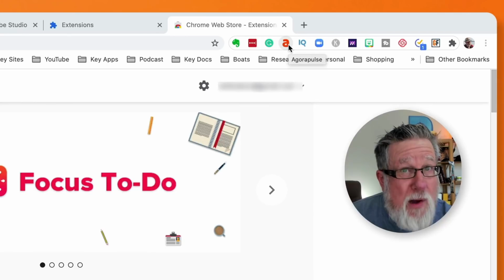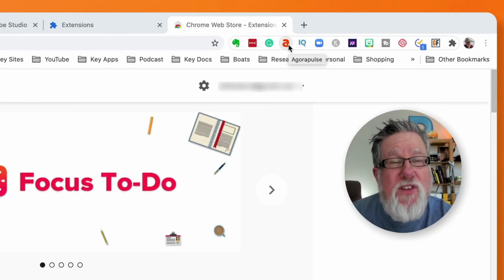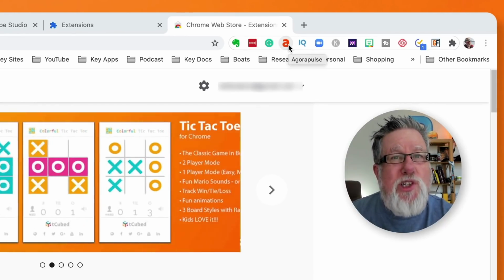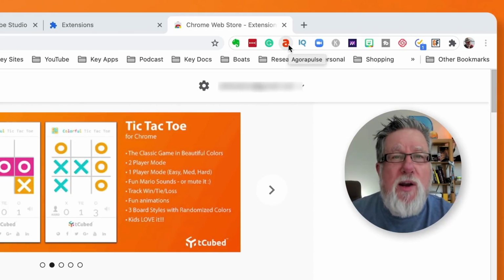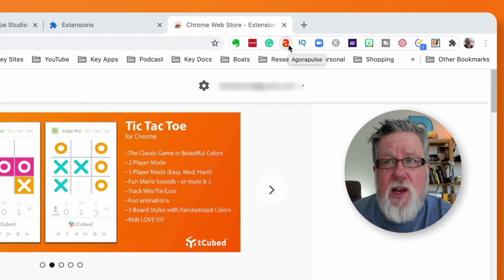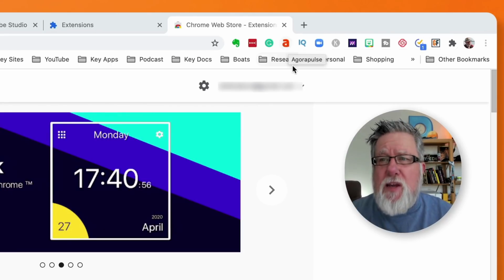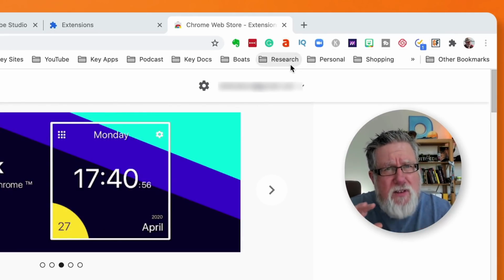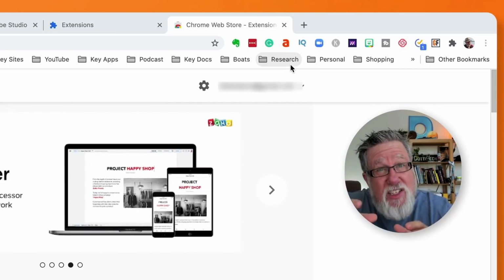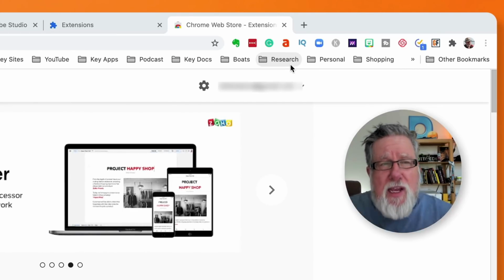I use the Agora Pulse plugin, which when I'm visiting a website allows me to quickly socially share, to create a tweet or to create a quick post from something that I happen to see that is of universal interest to my community. So adding little bits of functionality, and that extends sometimes into dedicated applications.